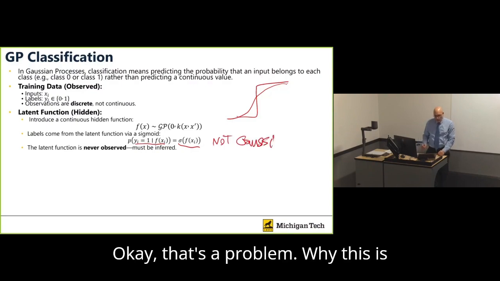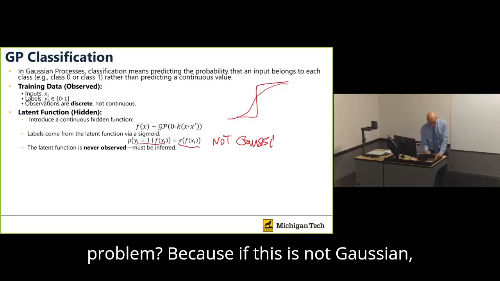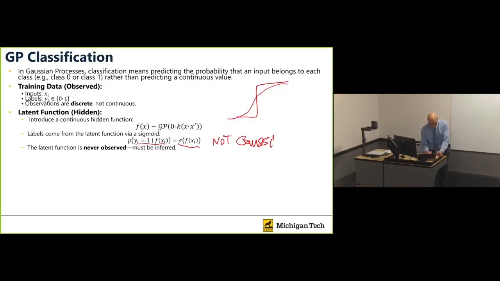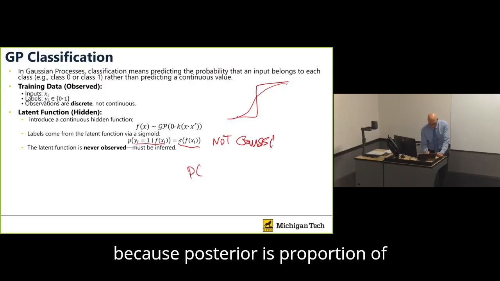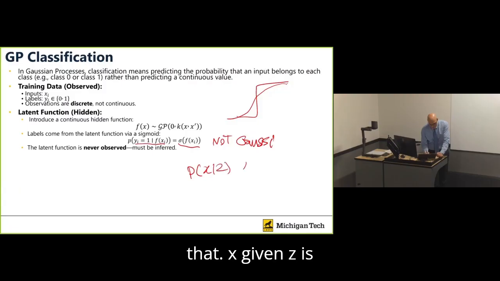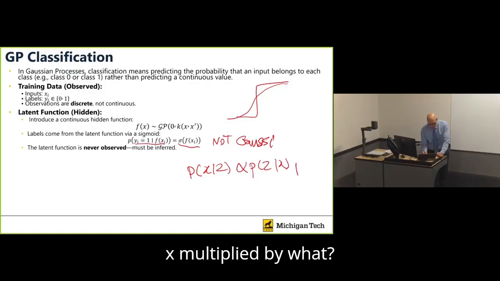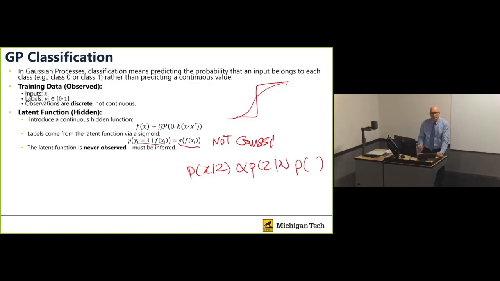Okay, that's a problem. Why is this a problem? Because if this is not Gaussian, the posterior is not Gaussian, because the posterior is proportional to that. P of x given z is proportional to P of z given x multiplied by what? P of